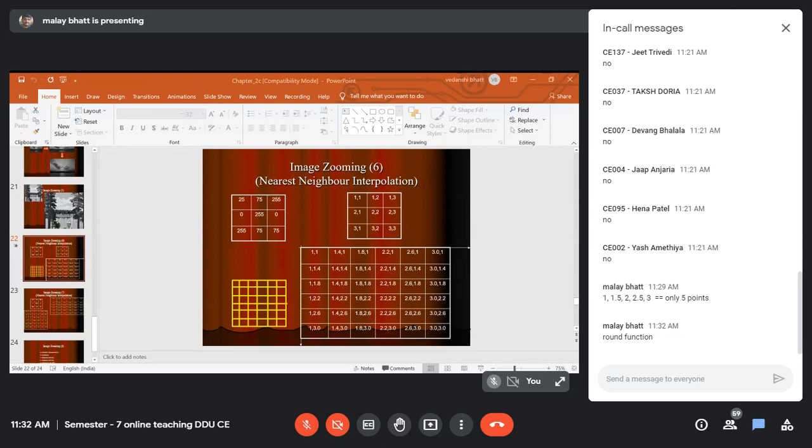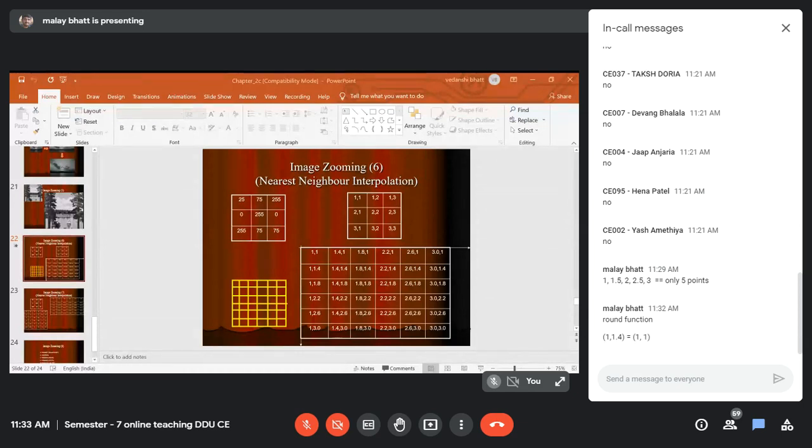So if it is a point like 1, 1.4, this will round to 1, 1 because it is 1.4, so it is lesser than 1.5. Similarly, 1, 1.8 will round to 1, 2.